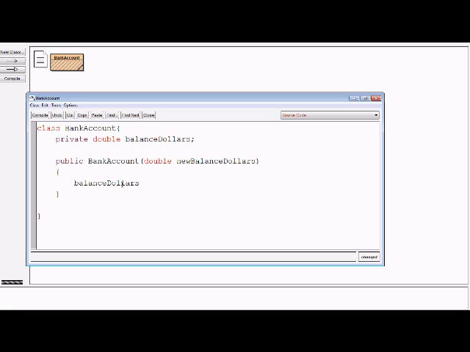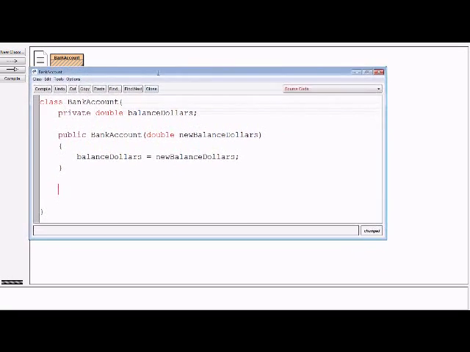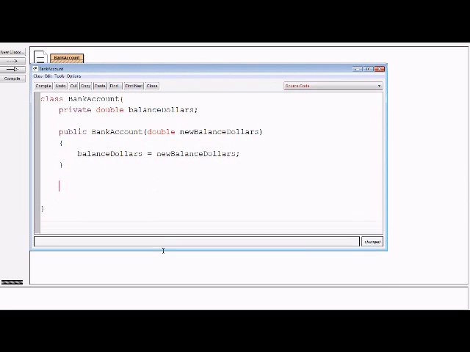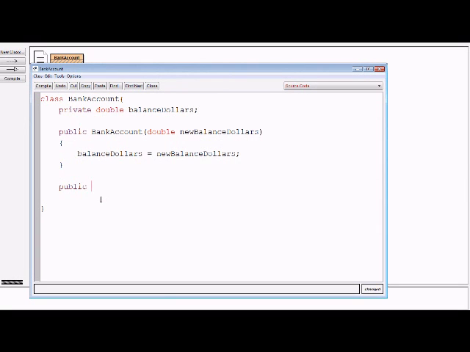I'll just store whatever balance has been passed when I create the object, and then I'm going to make some overloaded methods like this. Public void withdraw amount dollars, and let's just make that a double. And withdrawing involves taking the balance minus whatever was withdrawn. Okay,